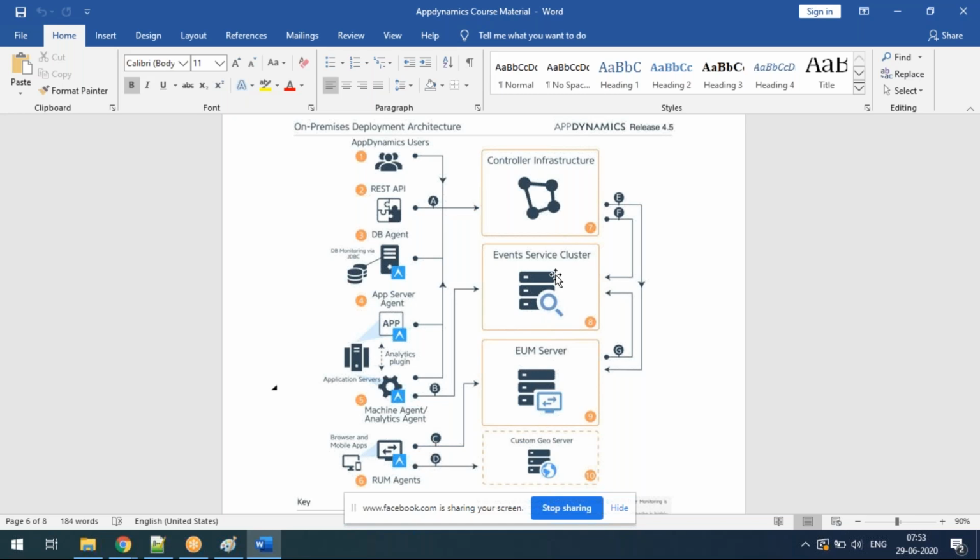For example, in the database you keep on storing the data, and then your memory is full, either your RAM is showing full or your hard disk is showing full. What will you do? We need to clean it up. You need to do a backup activity.